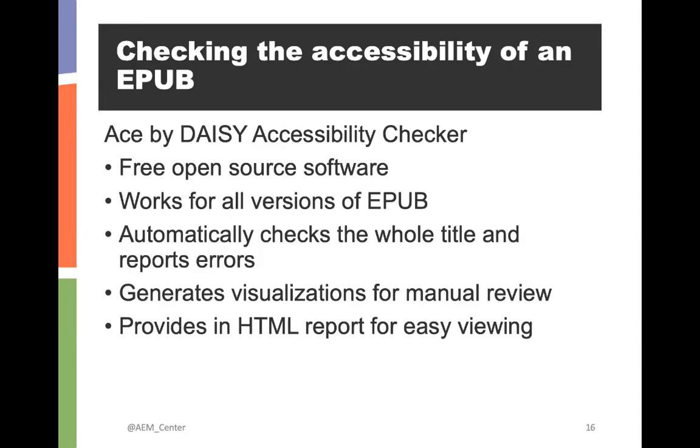So we've found that it's very difficult to check the accessibility of any kind of publication unless you've got tools to do it. So fortunately, Google, through Google Impact Challenge, has helped us fund the development of the accessibility checker for EPUB, ACE. It's free and open source. It works on all versions of EPUB, and it checks the entire title for errors and reports them out